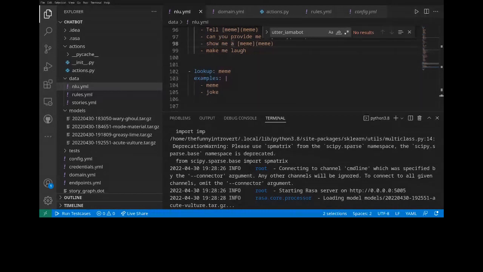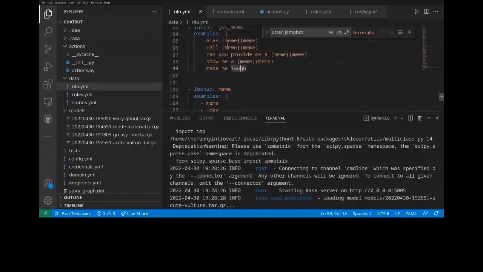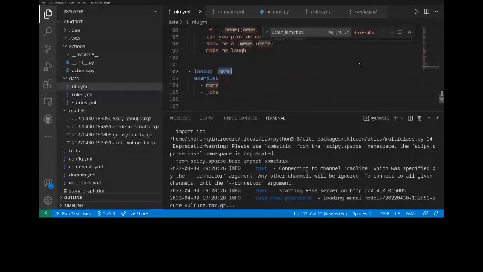In that type, if you don't want to write again and again... now what we did here, we were writing again and again, right? Give me meme, tell me meme. But let's say I also have to write the same for joke. So I have to write give joke, tell joke. But rather than doing that, I can do something like this, where I make a type meme, and it gets to know, okay, if there is a meme or a joke, it will work. I hope I was able to explain properly.